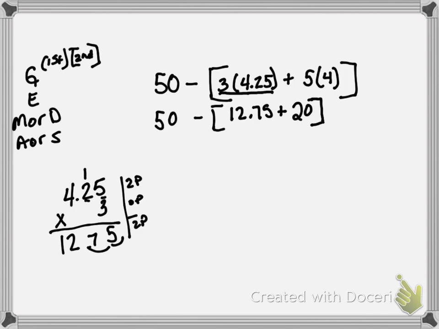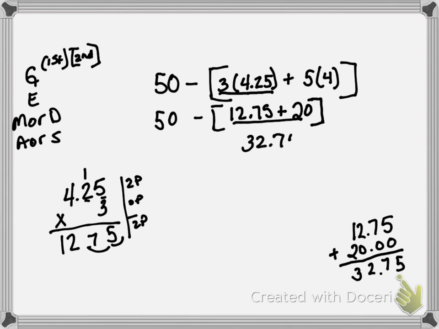So I'm going to do that over here, out of the way. Notice that when I'm adding my decimal to my whole number, that I'm lining up those whole numbers, adding a decimal with my zeros, so everything's lined up in the right place value. That gives me 32.75, and at this point I can go ahead and drop the brackets,